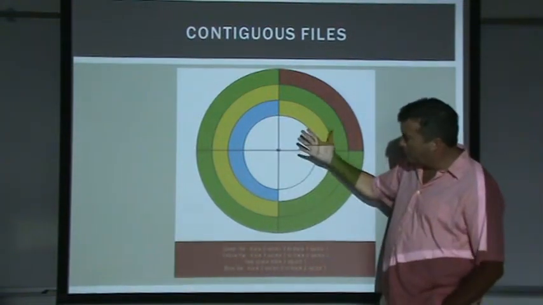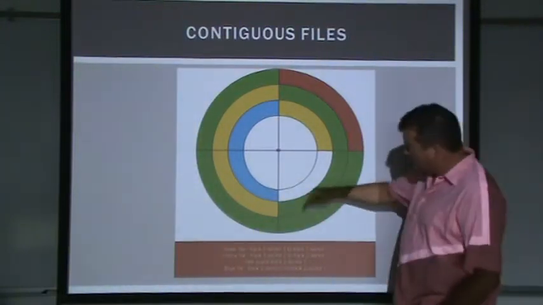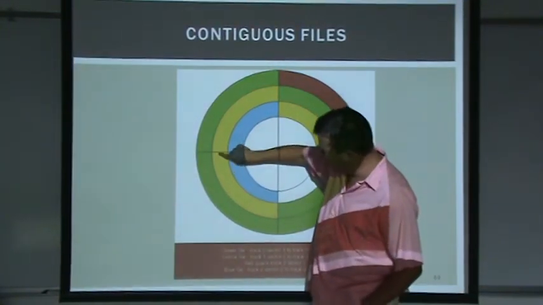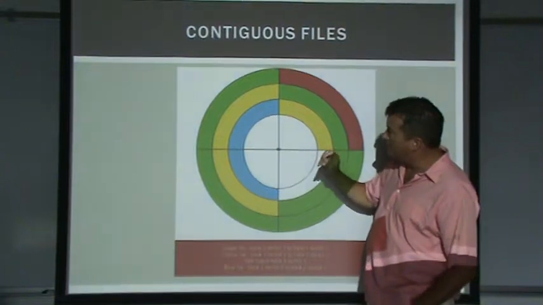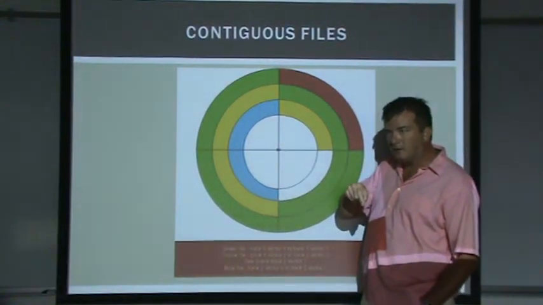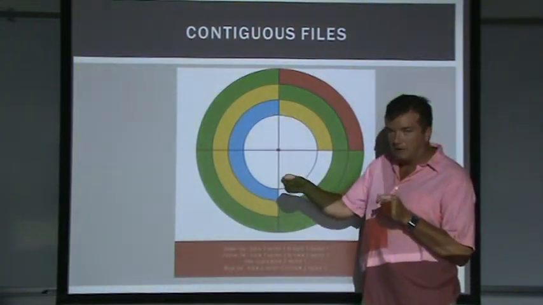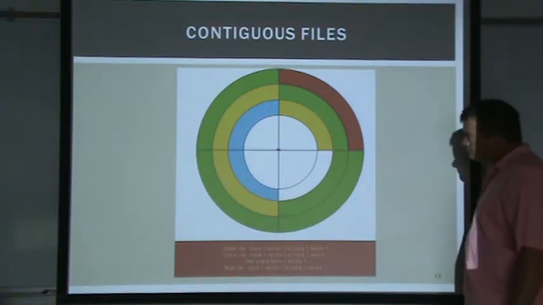So then let's say another file, which I'm calling the yellow file. The yellow file starts on this sector and just keeps going. Like I say, if our operating system decided to read and write files on disk in contiguous form, meaning once you start writing it, every record after it has to be right after it on the disk.